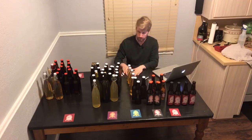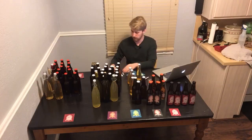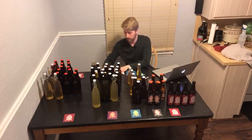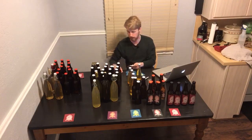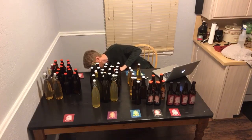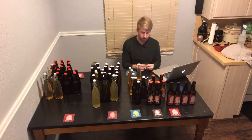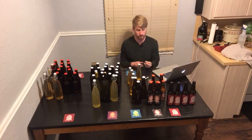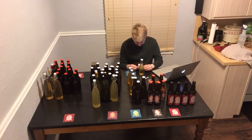This one, like I was saying a moment ago, I have some 187s that are smaller, and I have some smaller labels that go with them. Just because I like being able to do beer bottles, but I've found that when you're first giving a mead to somebody, it's kind of hard to get rid of an entire beer bottle if there's a chance of them not liking it. So you really have to either be set in your recipe and have some proof that says that people like your stuff,